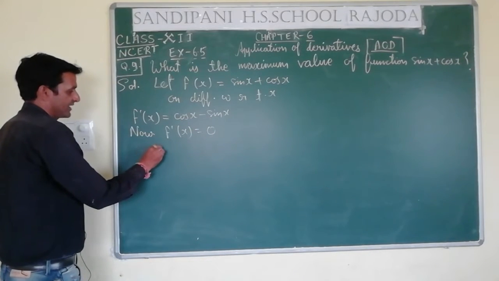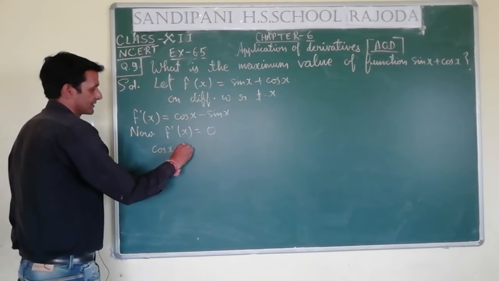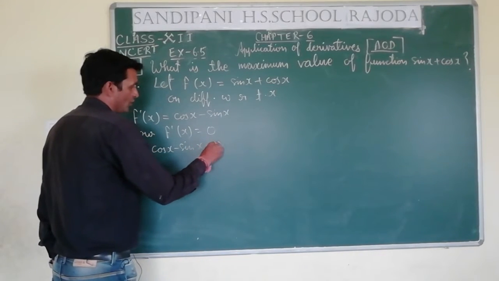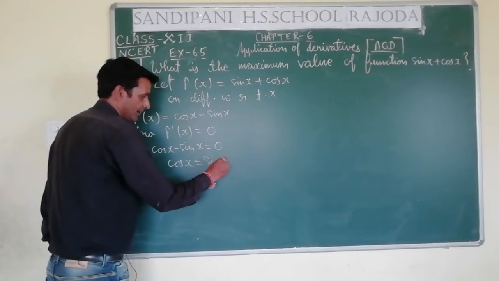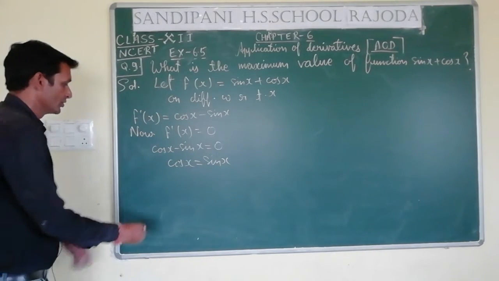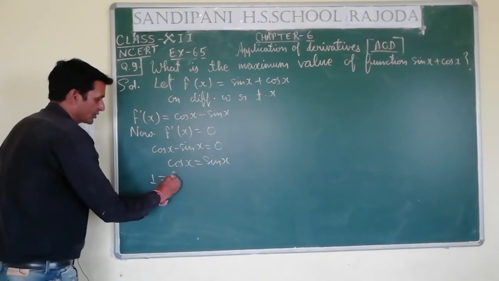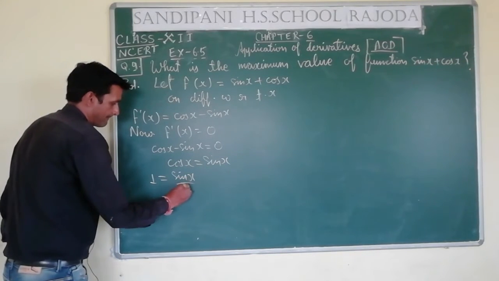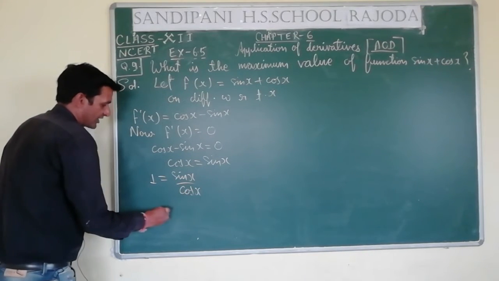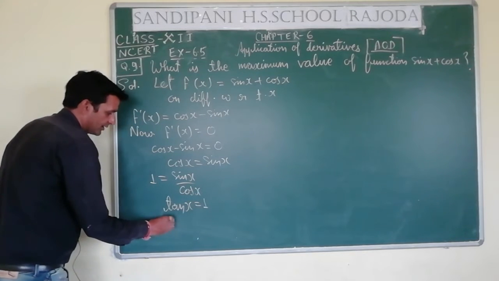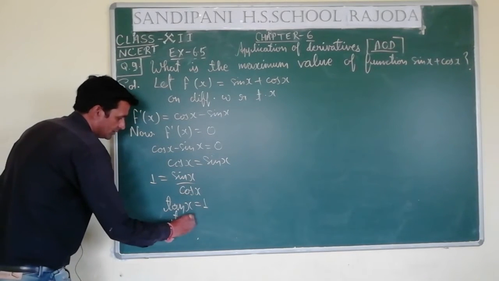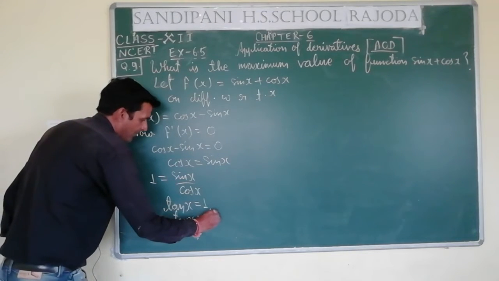so it can be written as cos x minus sin x is equal to 0, or we can say cos x is equal to sin x, that we have done already in our previous part also. So here it is 1 is equal to sin x upon cos x, which can be written as tan x is equal to 1. Tan x is equal to 1 means what? Tan x is equal to tan pi by 4,